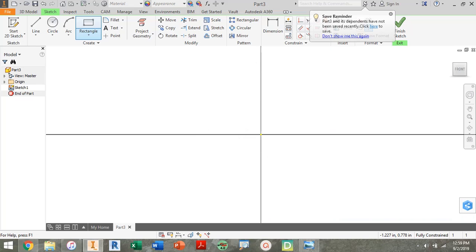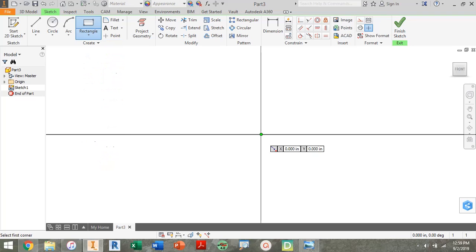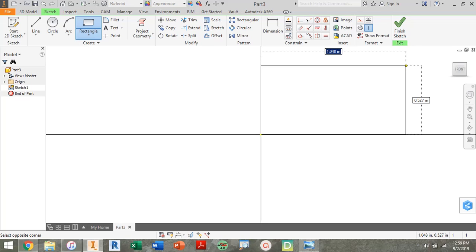Yep, that one. Okay. So on the menu, once I've clicked that, I have line, circle, arc, and then I have rectangle. And if I click on rectangle, there's different types of rectangles. I'm interested in the default, which is 2-point. As I'm moving with my mouse, when I get to the origin, it turns green. So by left clicking, I can drag out